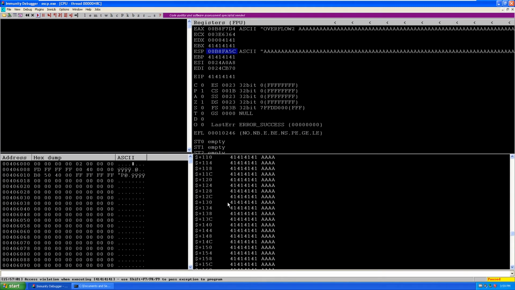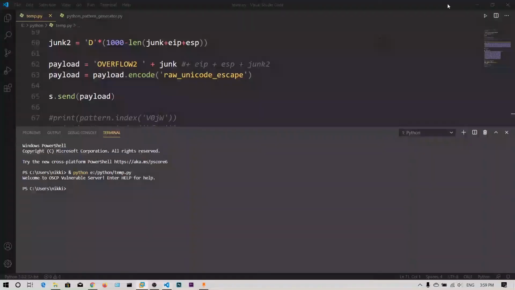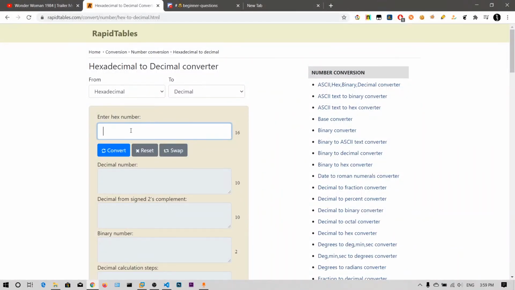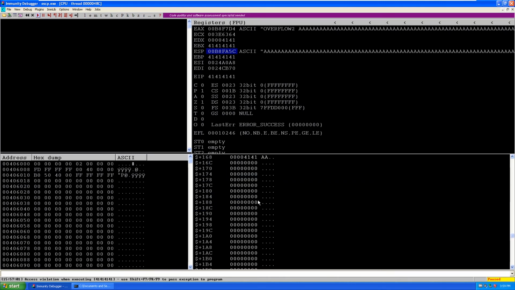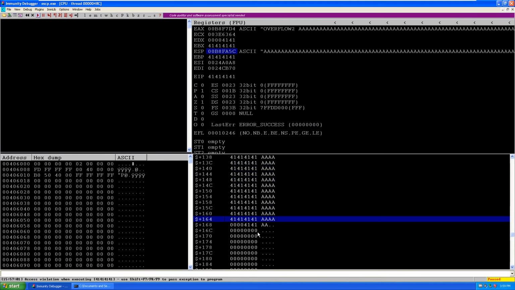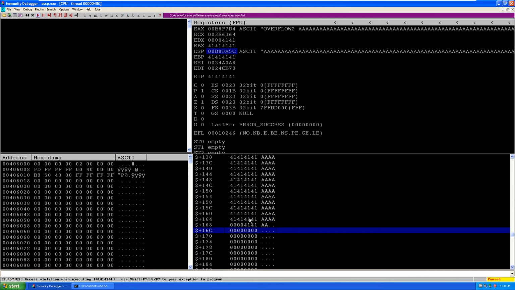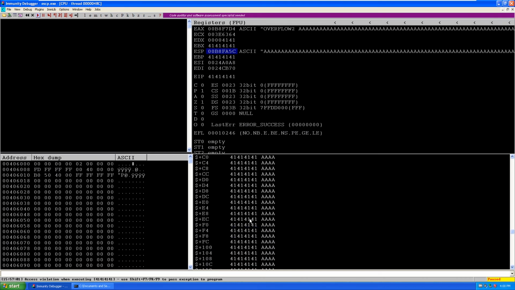In that case, you can scroll down to the bottom and you can see $+164. And 164 is in hexadecimal, and if we convert it into decimal you can see 356 bytes. Okay, that's more than enough. You can also increase the buffer size of A's and see if these null bytes change to A's, or whether they stay as null bytes. Even though these bytes do not change, we have 356 bytes, we can manage with that.